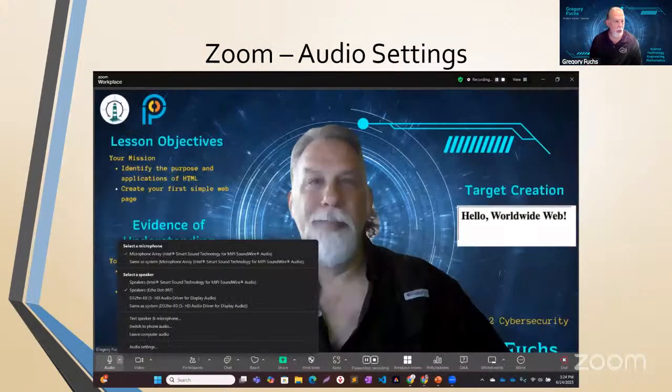Audio settings. You can see that, first of all, I have a custom background, something that we'll talk about with video. But you can see that I have a bevy of choices based upon the microphones that are attached to my system, as well as different speakers. For example, I'm teaching from my main PC at this very moment, but sometimes I have to go to my art board, my drawing board, and that is in front of my laptop. And so I can change over not only the